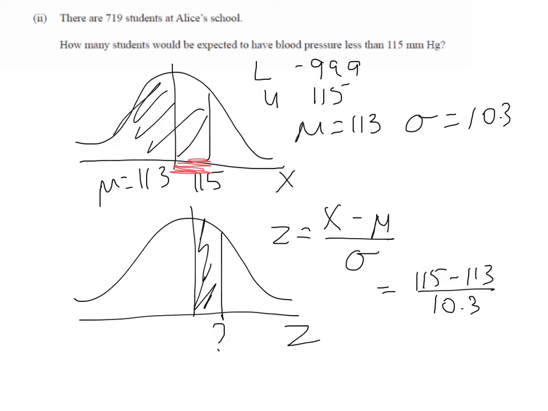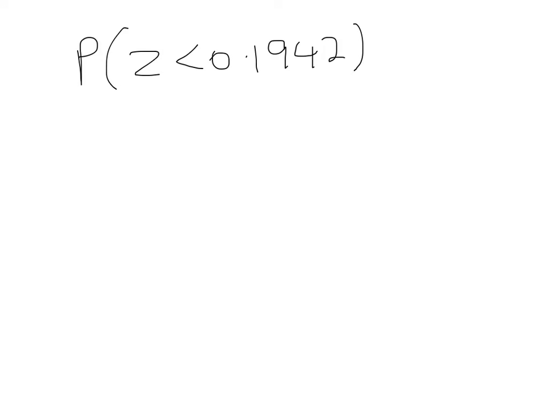So we know that our answer will be around about 1/5, about 2 over 10. So the exact number is 0.1942. Okay, that should be showing up now. So the probability that z is less than 0.1942, using the tables again, we get